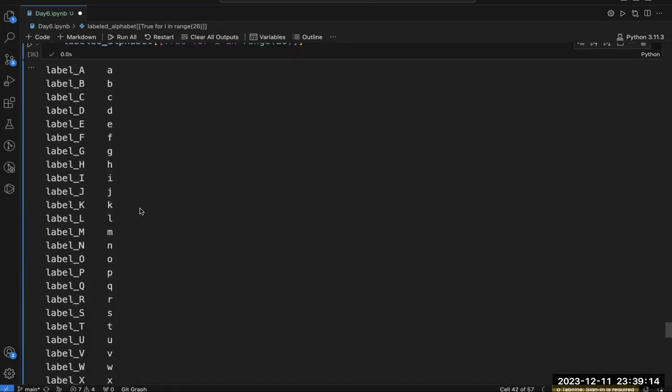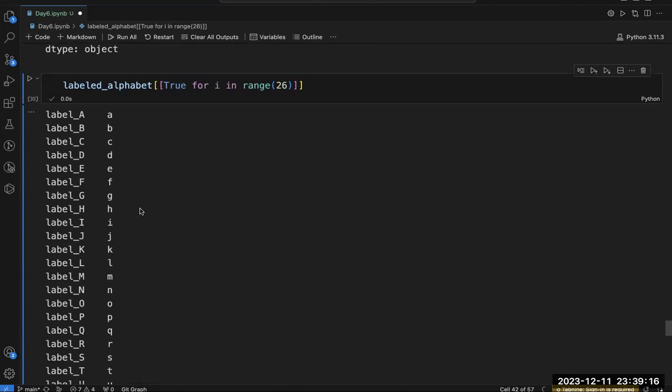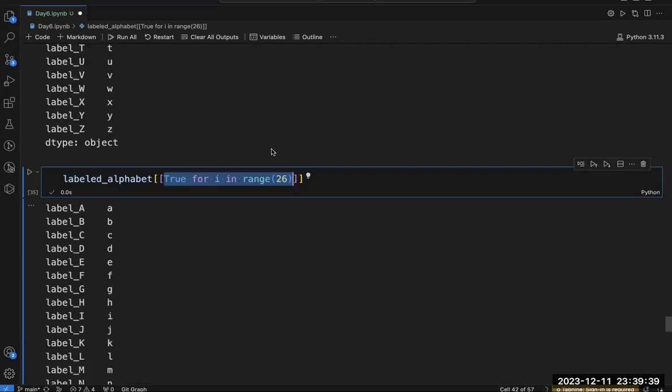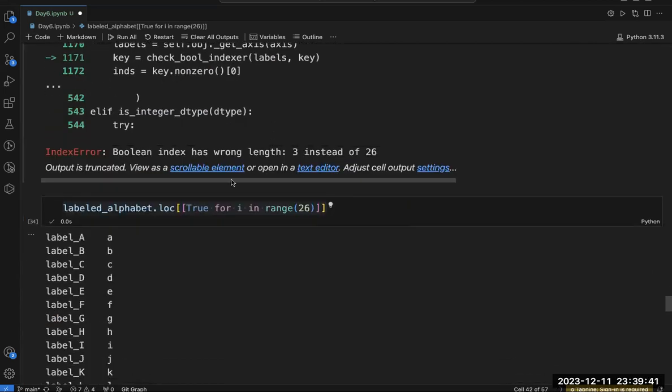A lot of times you will understand that you can achieve the same thing with the help of the .loc operator and also with the help of a simple square bracket. Now, you can also write any condition inside this square bracket. This time I've written this list comprehension inside it. Like this, you can write any condition and achieve this.